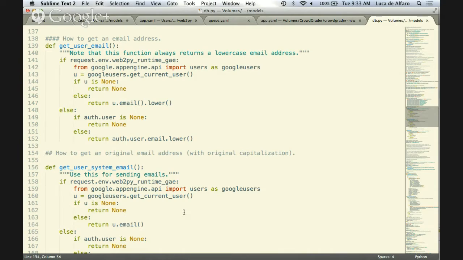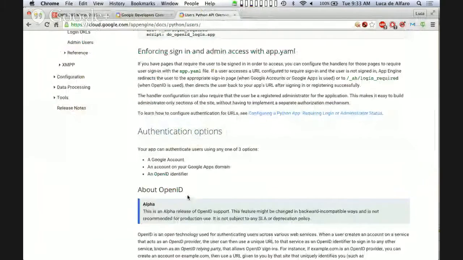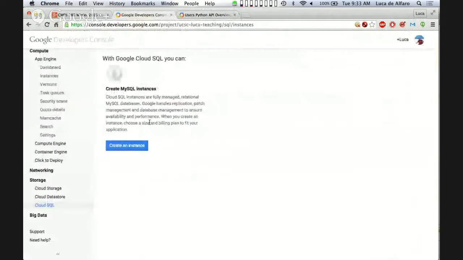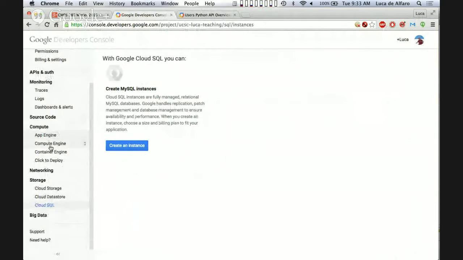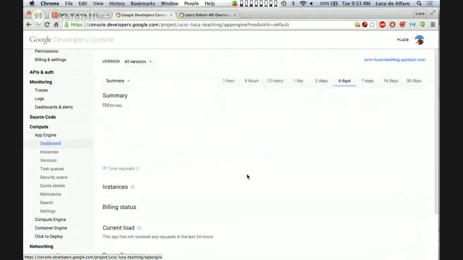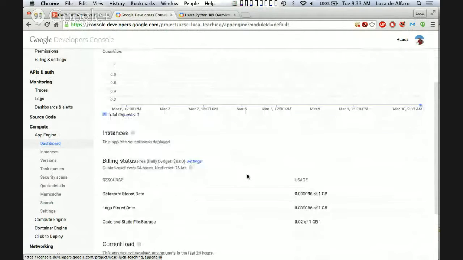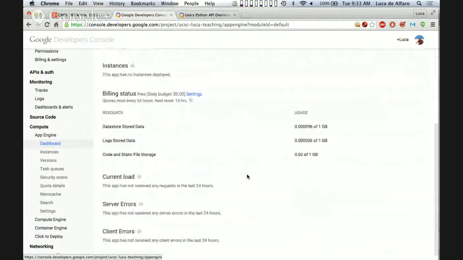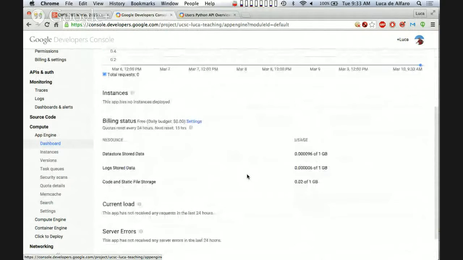Then there are quotas. I can show you in the console of some of these projects what the pricing is for some of these things. If I go here and I go to App Engine, I can go to the dashboard, I guess, and it would contain some of the prices. I hope. Well, it doesn't contain a lot of prices actually.